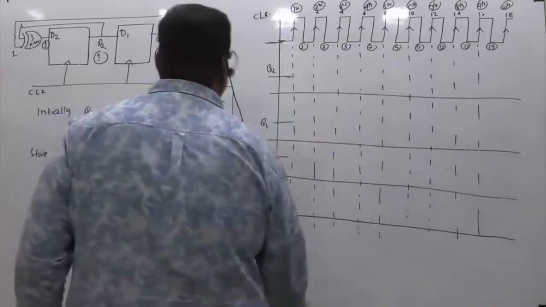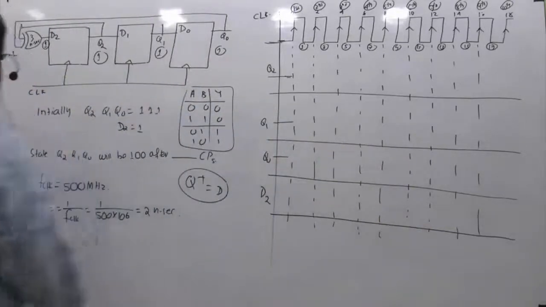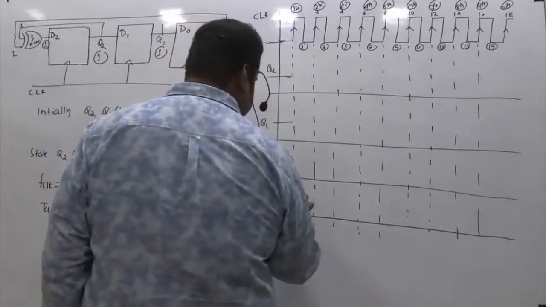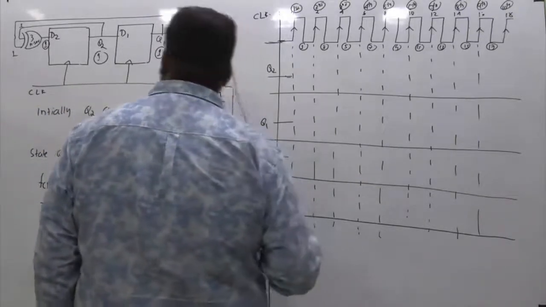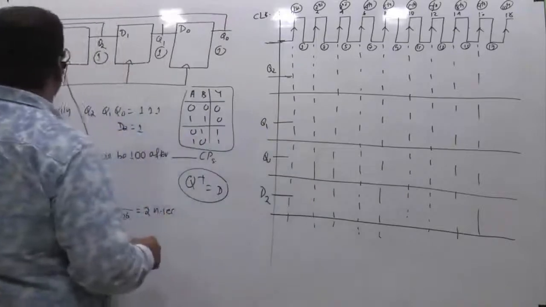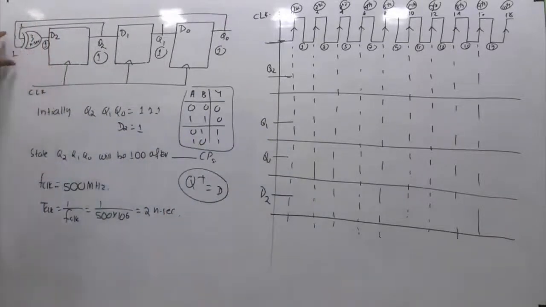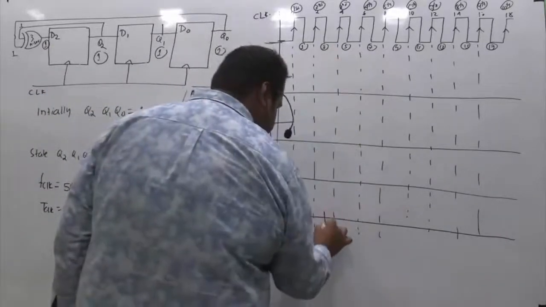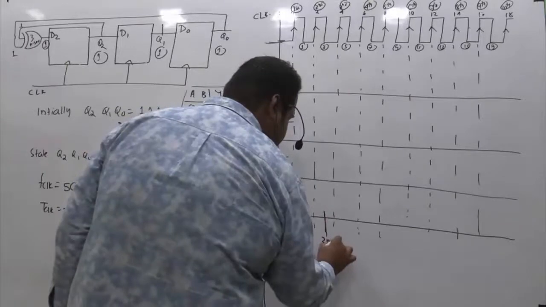That is for D2. So what will be the D2? D2 is initially given it is 1. Okay. So initially it is 1. This is at t equal to 0. This is 1. But the input is 1, 1. So after how much time will this be 0? Because if the input is 1 and we know it is 0. So at t equal to 0, if we assume the inputs are given 1, 1, after 3 nanosecond from 0, that is at 3 nanosecond, D2 becomes 0. So 3 nanosecond means somewhere here. So this is the point of 3 nanoseconds.